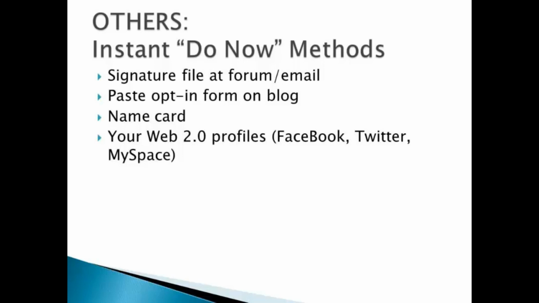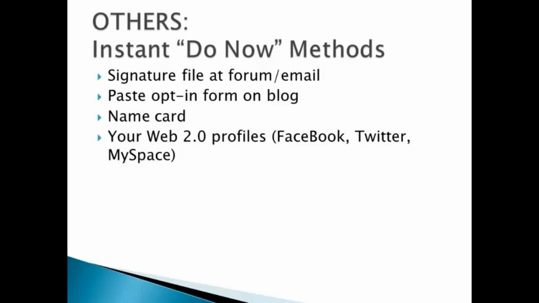In the future, whenever they see you or hear of something, they will start associating you with that thing right away. Another instant do now method to get new subscribers is that if you already own a blog or website, you can add an opt-in form. If you go to sites like johnchow.com, you will see that he has put in an opt-in form there, and there are a lot of sites like ProBlogger that have an opt-in form. This is so that he can start getting subscribers from his visitors.